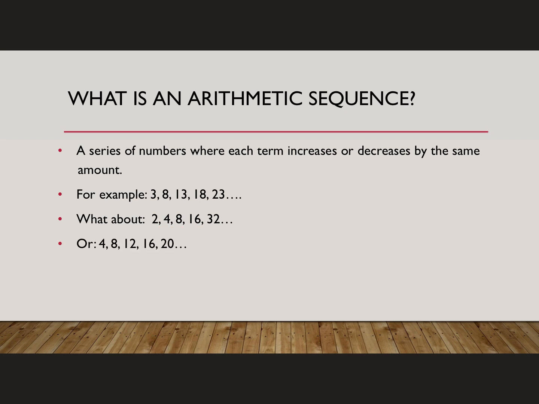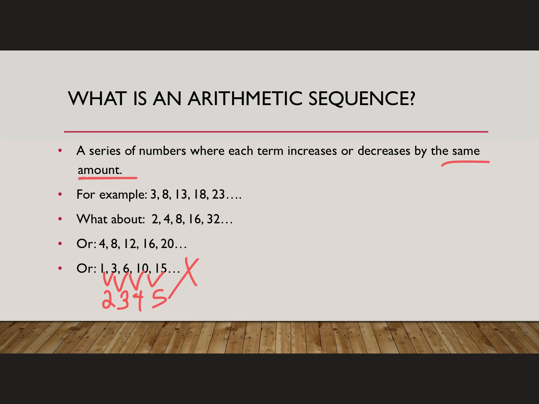What about this one? 4, 8, 12, 16, 20. In this case, I'm adding 4, I'm adding 4, I'm adding 4. So this one is an arithmetic sequence because it's increasing by 4 each time. And this last one here, I'm increasing by 2, then I increase by 3, then I increase by 4, then I increase by 5. So this one is not. So remember, an arithmetic sequence must increase or decrease by the same amount, that common difference,